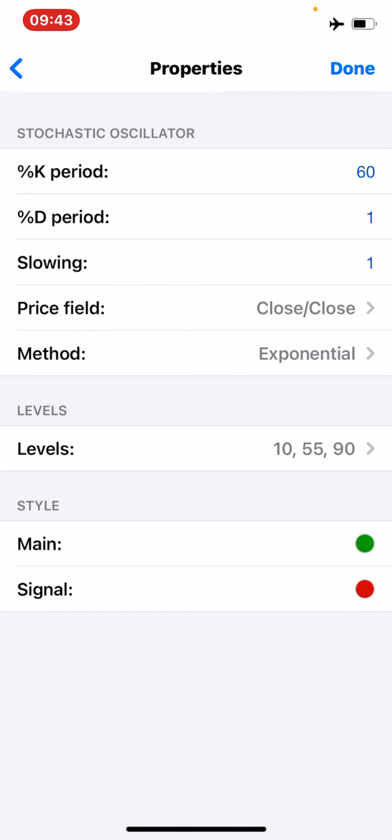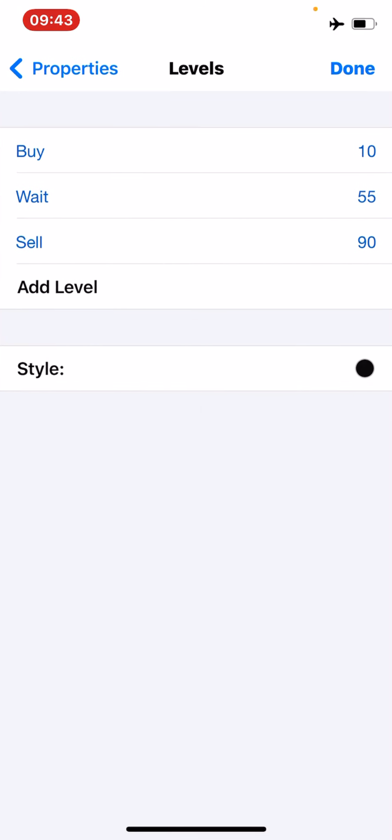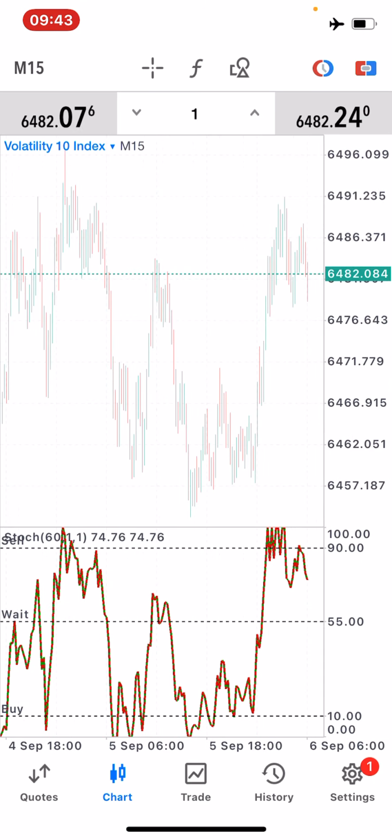So you can write them down, you can copy, you can pause the video, take screenshots, but it should be exactly like what you see on my screen right there. I'm going to go to levels so that you can see the descriptions on the levels. So our level 10 will be labeled as buy, our level 55 will be labeled as wait, and then our level 90 will be labeled as sell, right? And then once you're done, you simply click done, and you should have something like this at the beginning